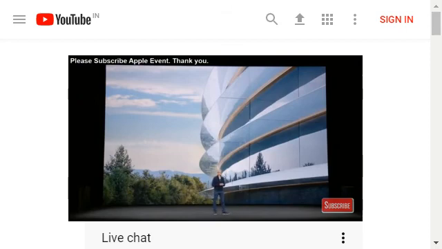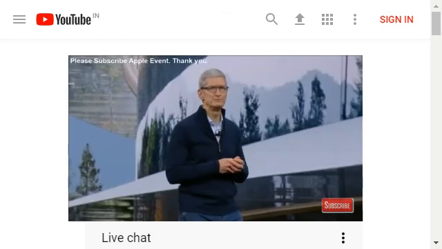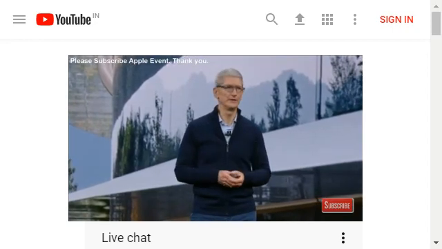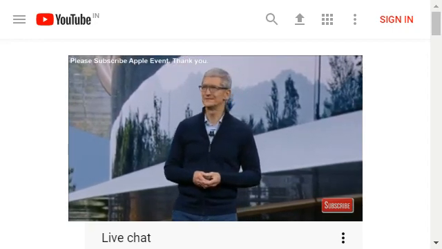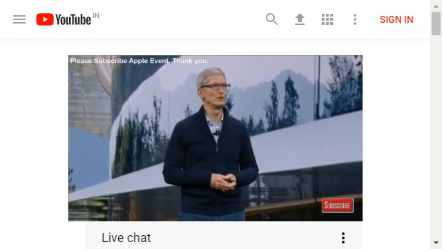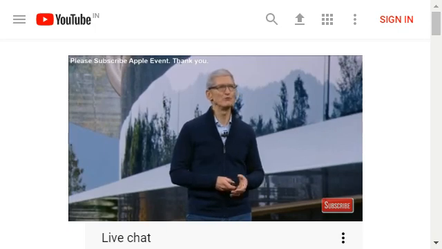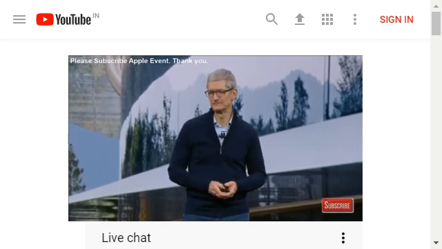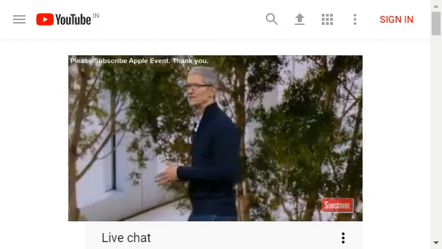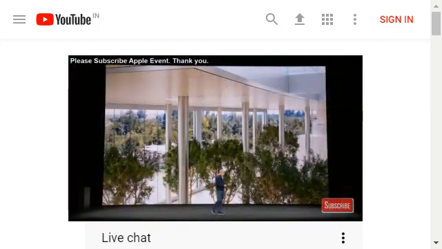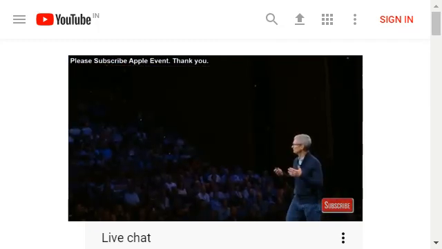It connects extraordinarily advanced buildings with a rolling parkland to form an open and inspiring environment for our teams to create and collaborate. The park itself was converted from a sea of asphalt into a 175-acre green space with over 9,000 trees. Apple Park is designed to be seamless with nature. It's open, transparent. It brings the outside